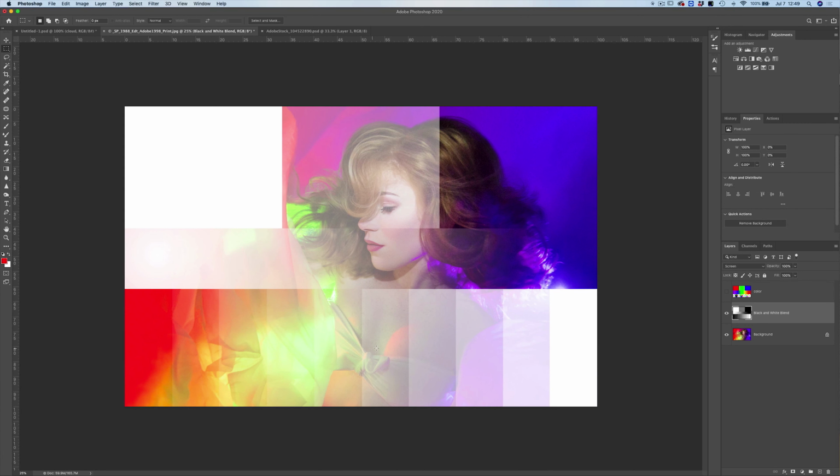So it's incrementally increasing the brightness of the underlying layer depending on how much brightness is in our black and white blend layer. So you can see that no brightening has been applied to our black square. About 50% brightening has been applied to our 50% gray square, and 100% brightening has been applied to our white square.